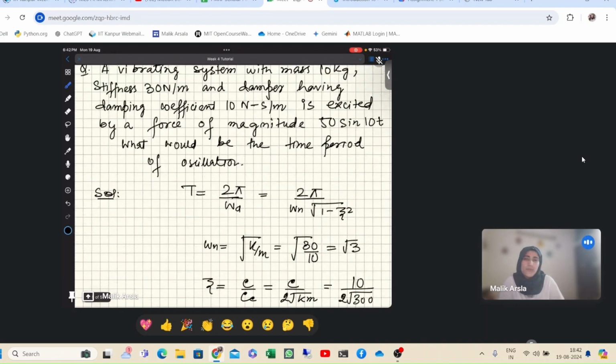That is basically the concept of this question, what it is asking, because some students can make a mistake that they can write it as 2 pi by omega and find the wrong time period. So basically the external force does not contribute to the time period. That is why we generally calculate the time period of some known systems. For suppose we have a pendulum system, right? We calculate its time period already, because we know that the omega n and time period won't depend on external factors. They are system properties, right? The natural frequency, the time period, they won't depend on the external force and everything.